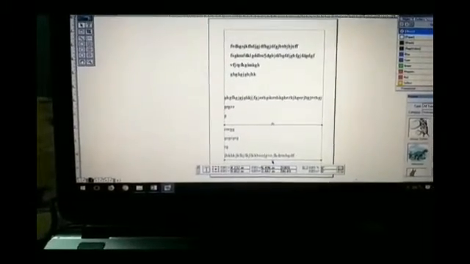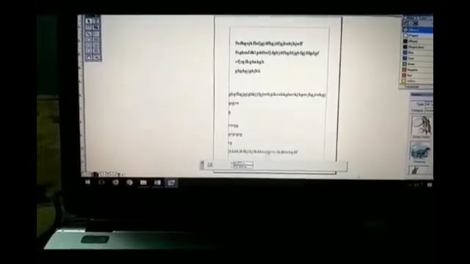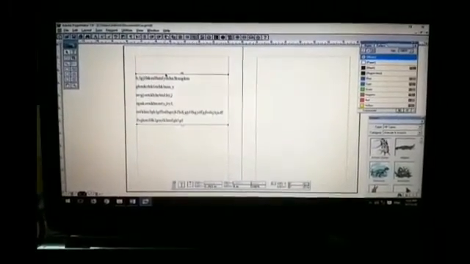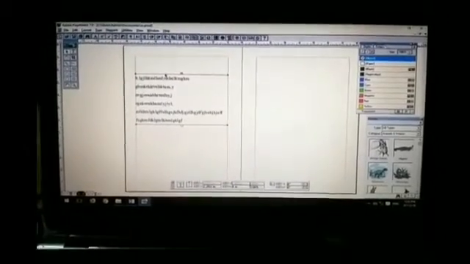So the cursor will be turned into loaded text. Then we have to move to the second page and place the cursor here. Now what happened? I continuously created text across continuous pages. Now our text will be moved to the second page also.